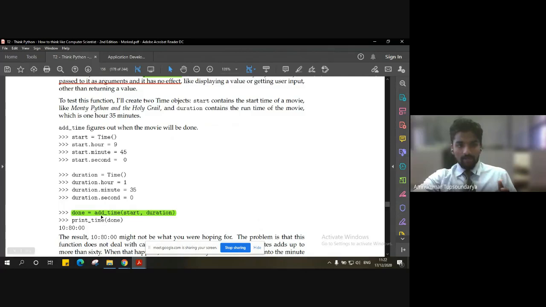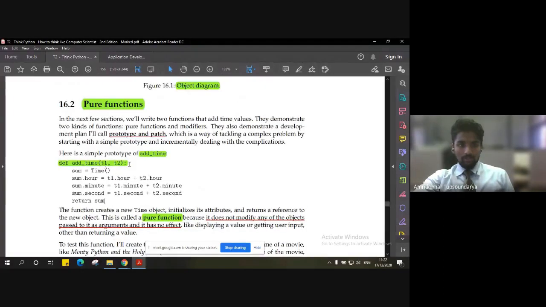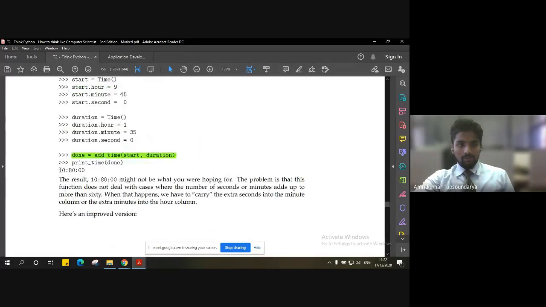And we are going to call add time with the start time as T1 and duration as T2. So T1 and T2 will be substituted here, and then we compute the sum of these two timings. When we print this time stored in the variable done, we get something like this.